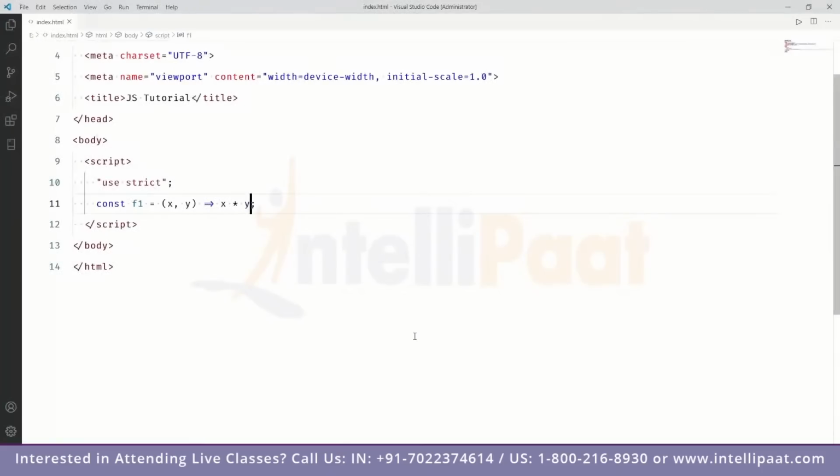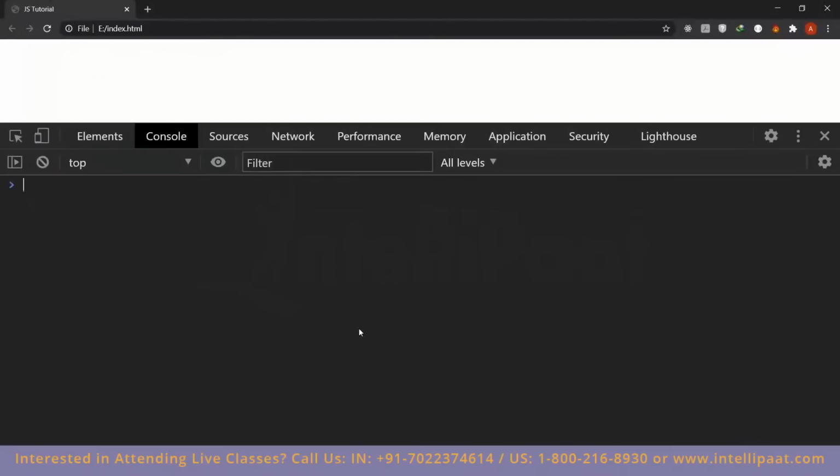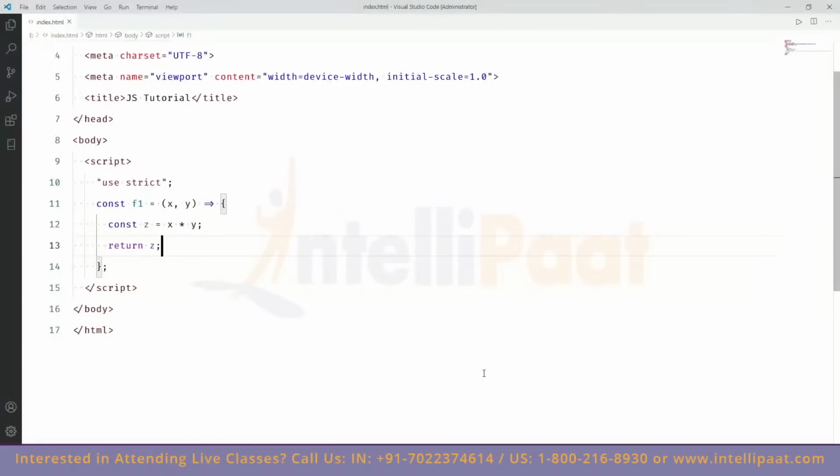But here's the thing. If I want to use not just one single line of code, but multiple lines of code, then I can write it here. So I can just write const z equals x multiplied by y. And then I will return z. This works. So if I refresh, go back, run, and this works. So this is the basic function of arrow functions. You create a function, it's anonymous, you don't need to write a lot of code. Now compare and contrast